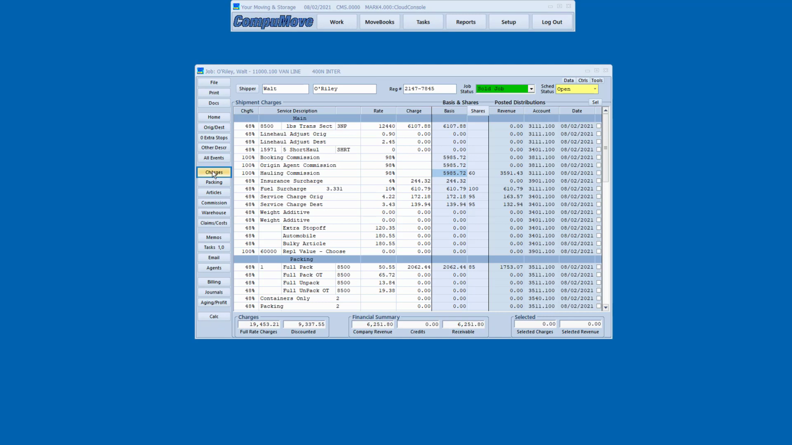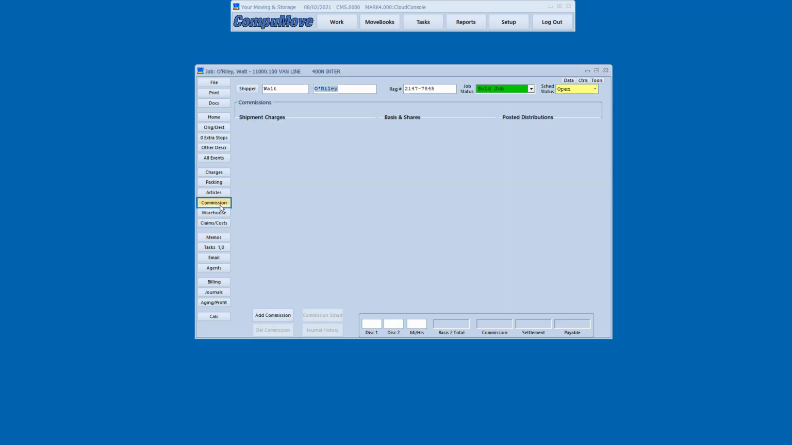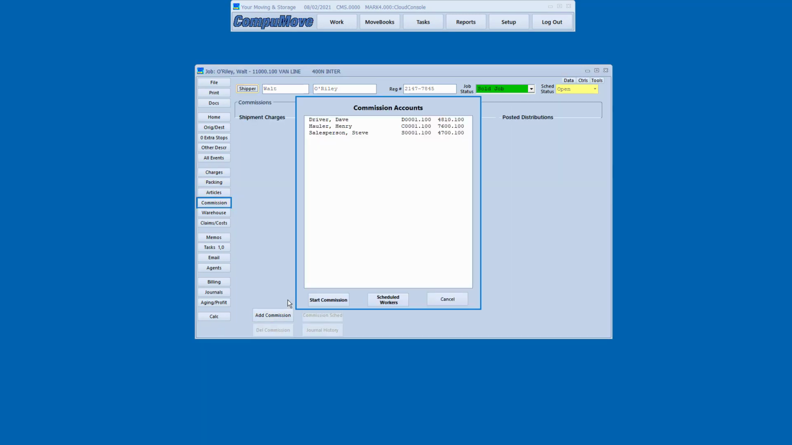I'm going to leave the charge screen and go to the commission screen and press add. And up comes a list of commission accounts. Creating these commission accounts is a subject of another video, so we won't be discussing that here. In this case, I've got the Henry Hauler commission account available to me, and I'm going to click on Start